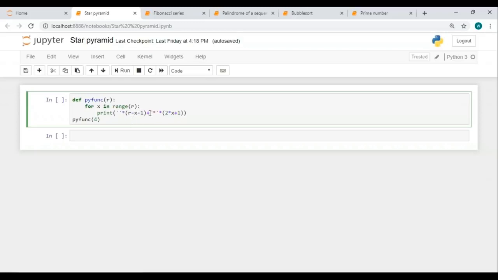Then I have another part of this print statement. Now in this part, I'm actually printing the asterisks or the star symbols. To do so, all I've done is in the string part, I've used star as the sign that I want. After that, I've multiplied it to 2 cross the iterator value plus 1.